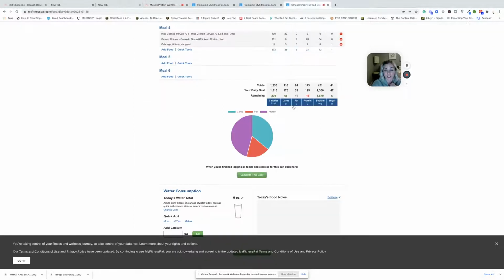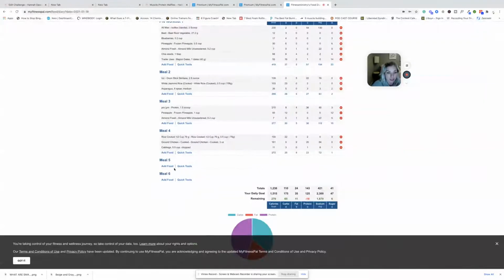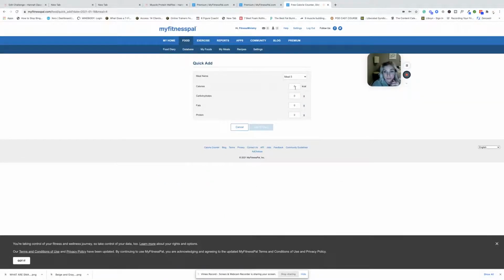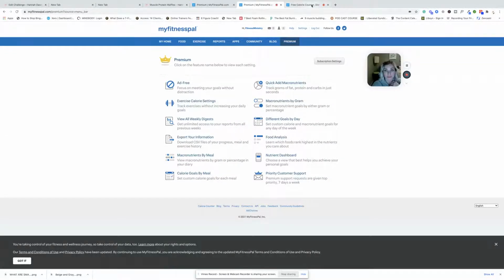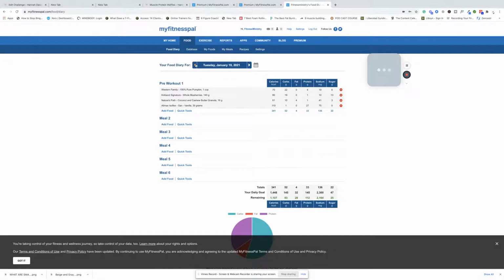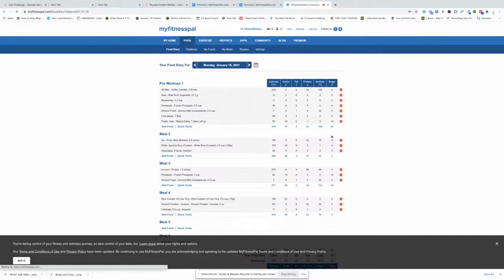So then you can go here to quick tools. Quick tools is the one you'll use. And you can go quick add calories. So all you have to do is add in the calories and the proteins. You don't even need to add in the ingredients. This makes it so easy with the Fit Club recipes. All you have to do is add that in, because when you add that in, it will show you, now we have to go back to this day, it will show you how many you